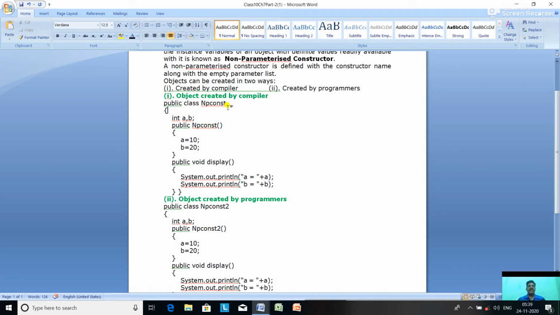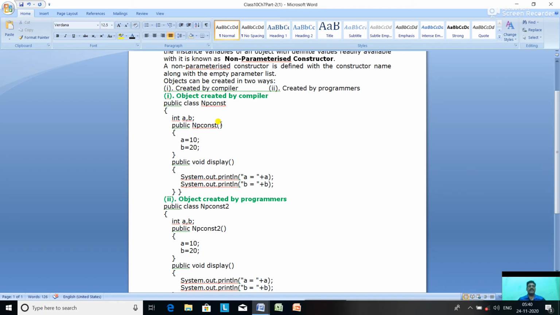Class name npconst, N means non-parameterized const. Int a, b: these two are the data members, or we can say instance variables. Public npconst is a constructor method. How can we say? Because it has the same name as its class name, and it has an empty parameter list, no parameter is here, so it is a non-parameterized constructor.